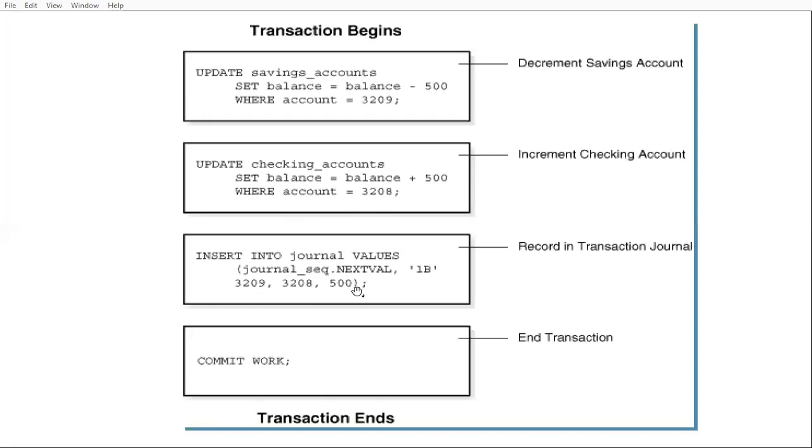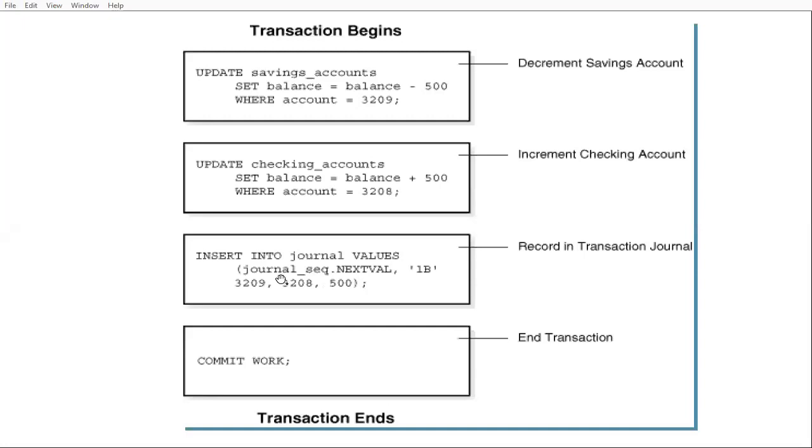The amount is 500. We already talked about what a journal is: it is a log file in which we store all the transaction details in a certain format, including the transaction ID and the values used. That is saved in the transaction journal file.